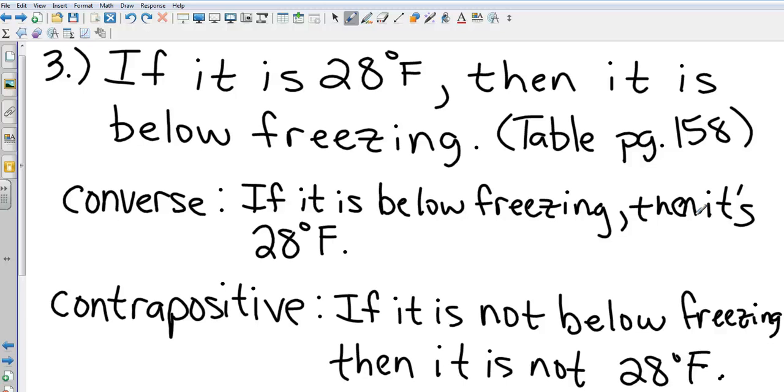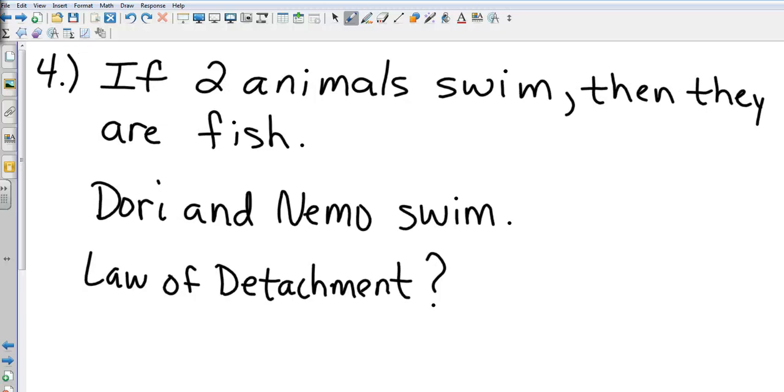Inverse would just be taking this and negating it. Okay. Perfect. If two animals swim, then they are fish. Dory and Nemo swim. Use the law of detachment to make another statement. Here we go. If you have two animals that swim and they're fish, and Dory and Nemo swim, then